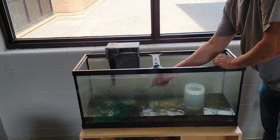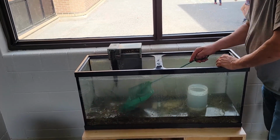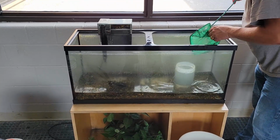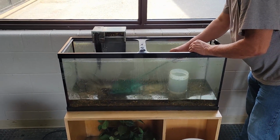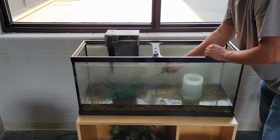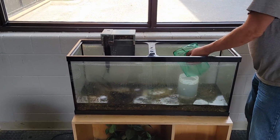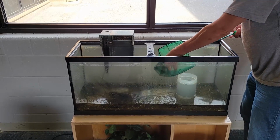The tank's obviously staying. If you want to know, it's 20 to 25 years old. I don't really remember these details because when I first started doing these sorts of things, I didn't really worry about it so much. But it's getting up there. The tank's still quite solid. The stand needs to be replaced because